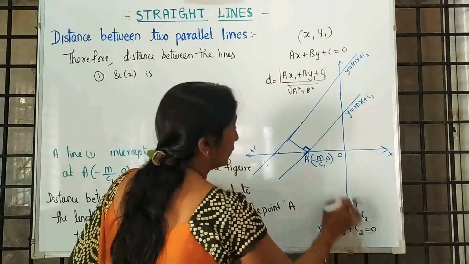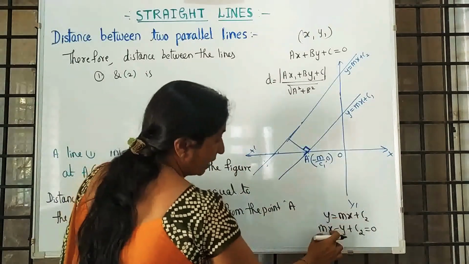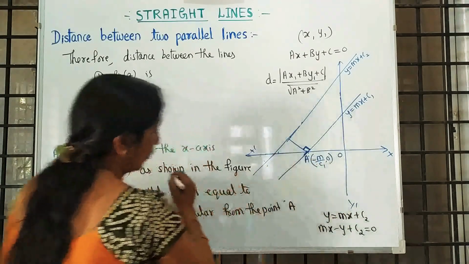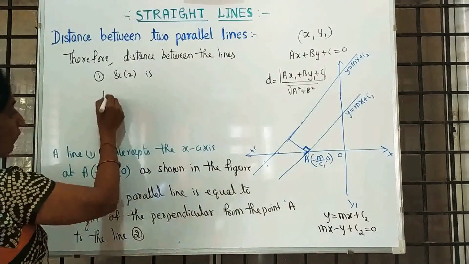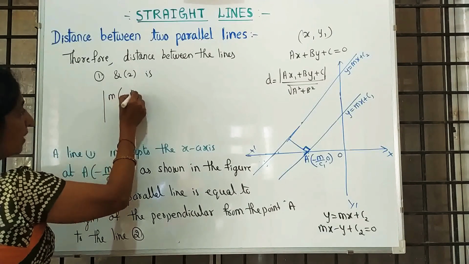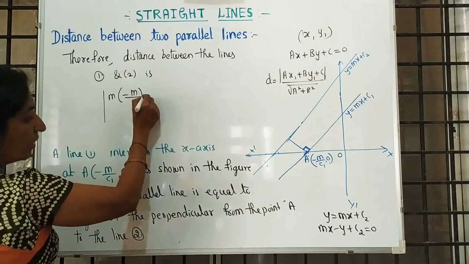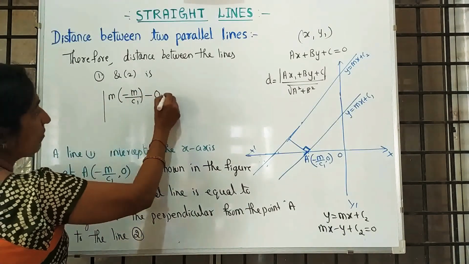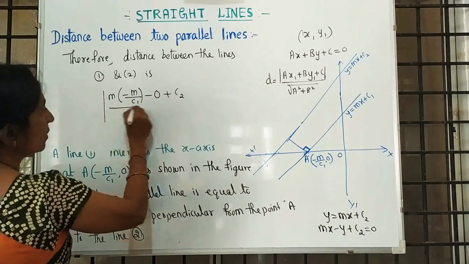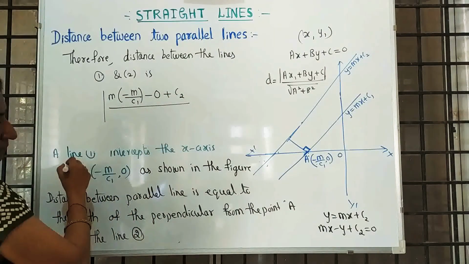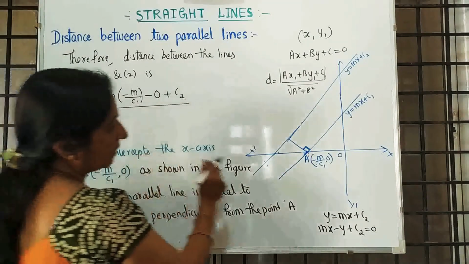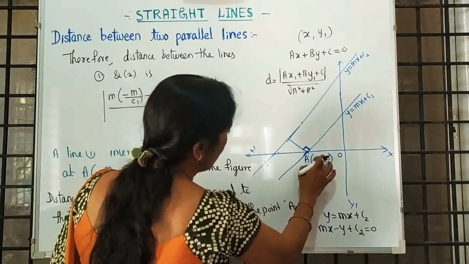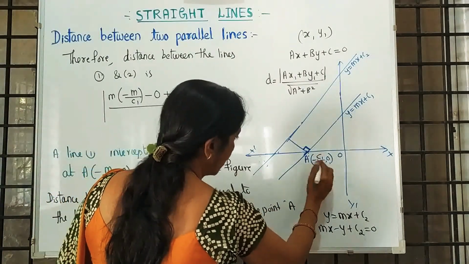In this equation we have to substitute this point. That means x and y are replaced by these points. Modulus of m, x is replaced by minus c1 upon m, y is replaced by 0, plus c2, divided by